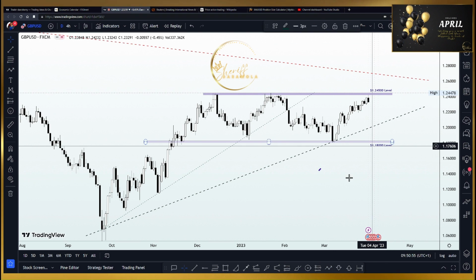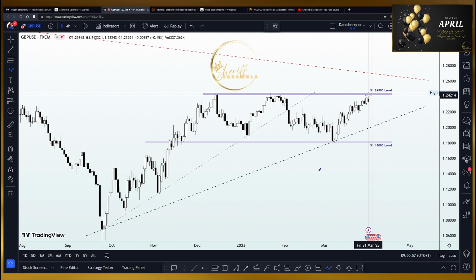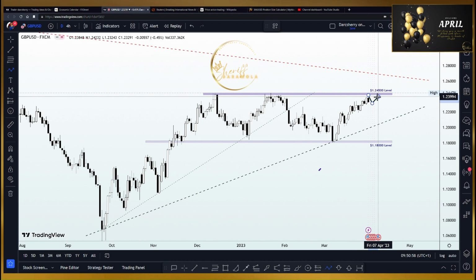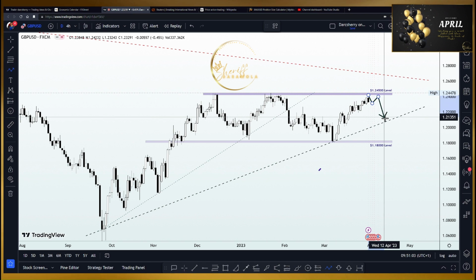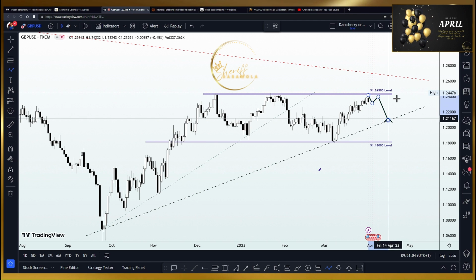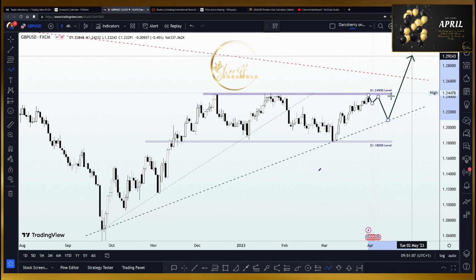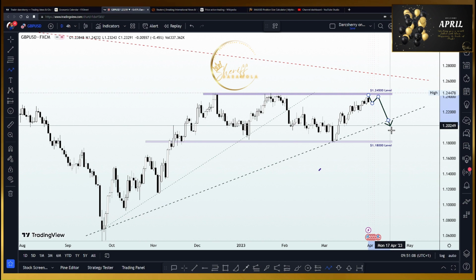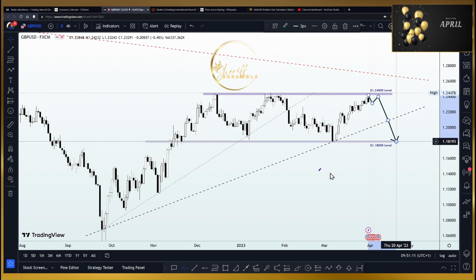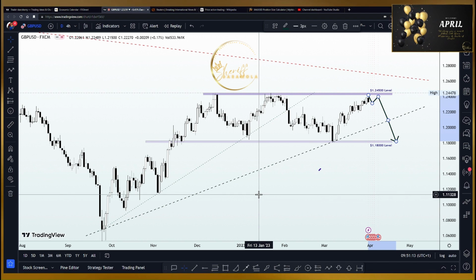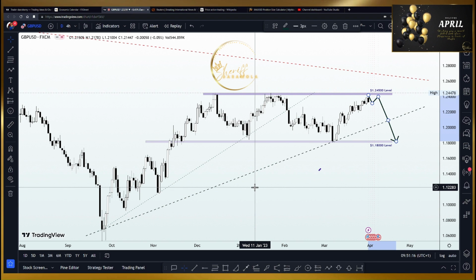Or are we going to be seeing a reversal pattern below the 1.24500 to respect that resistance line one more time, probably to bring price back into the trend line to incite another wave to the upside, or break down the trend line into that support line of that consolidation phase that we have been witnessing here in the last 4 to 5 months. So these are the things we are going to be looking at,